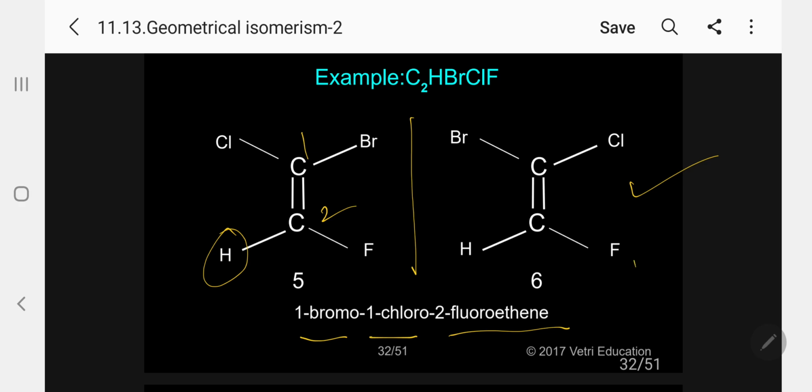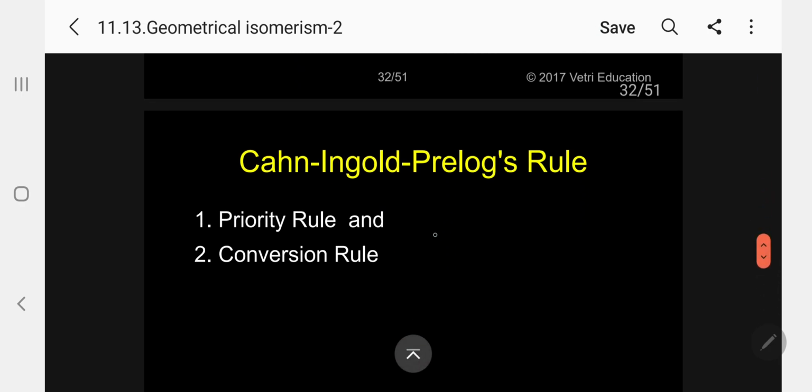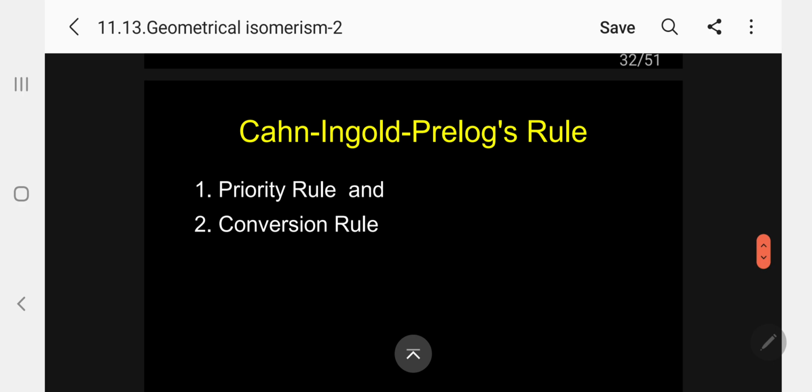So totally 6 isomers are possible. Please follow. If you are not following the way I have informed you, you will be getting confused. So first you have to identify the 3 names, so automatically 6 isomers. And you compare that the 3 names should be different. Please follow. So let me give now the rule.